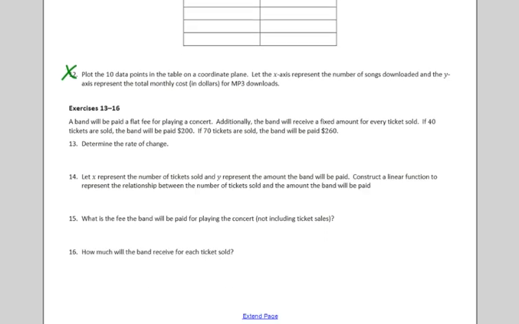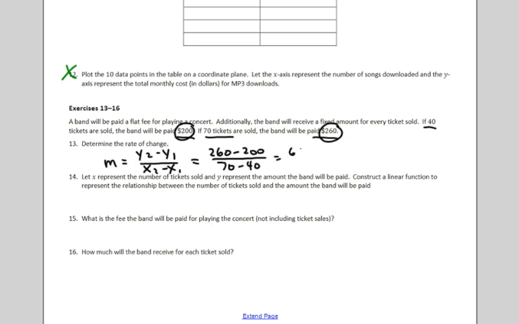In number 13, a band will be paid a flat fee for playing a concert. Additionally, the band will receive a fixed amount for every ticket sold. 40 tickets, the band gets paid $200. 70 tickets, they get paid $260. Determine the rate of change. The rate of change is the slope. Define the slope, y2 minus y1 over x2 minus x1. That's what we've been doing for the past while now. And in this case, y is the amount of money, and x is the ticket. So 260 minus 200 over 70 minus 40, which is 60 over 30, so it's $2 per ticket